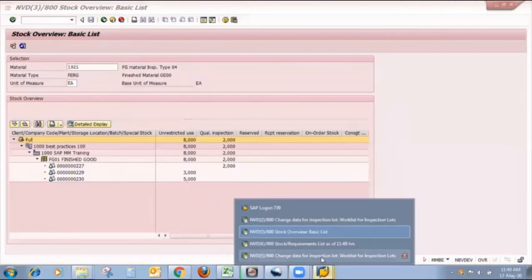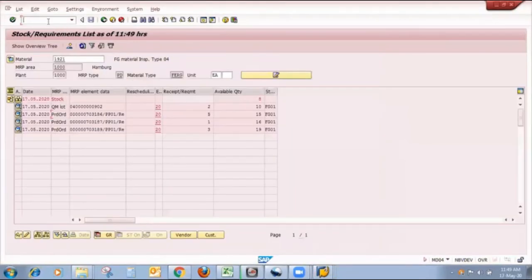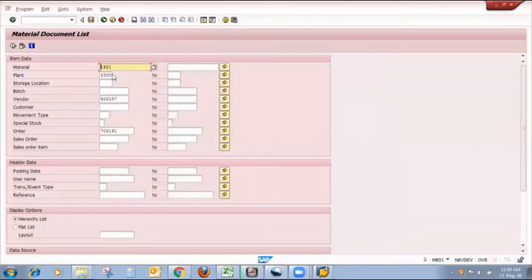I will also show you the movement type. The T code for showing material documents or movement types is MB51. Here I put today's date and execute.